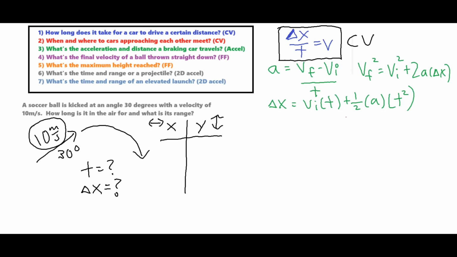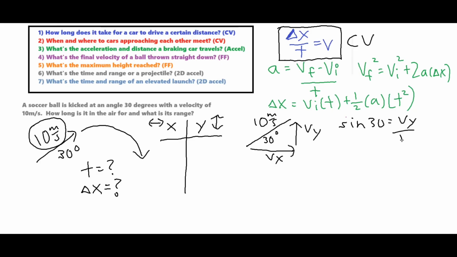So we want to make a little triangle off to the side here, and our hypotenuse is the 10 meters per second, and then we have a velocity in the y direction and a velocity in the x direction. So for our y velocity, we're going to use the sine of 30 degrees, so we get the opposite end along with that hypotenuse, and then multiply both sides by 10, and then we have a vertical velocity of 5